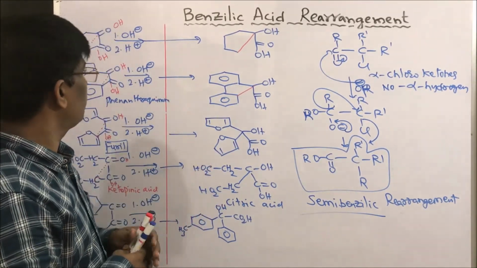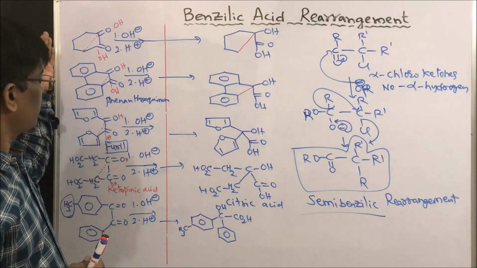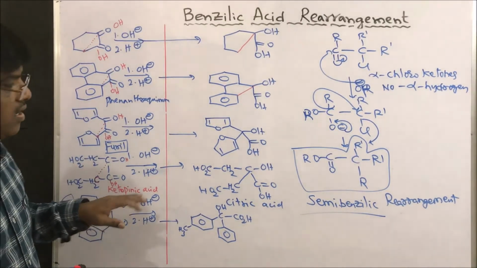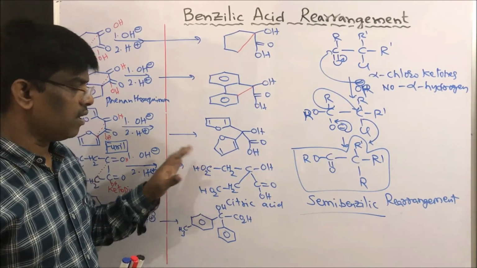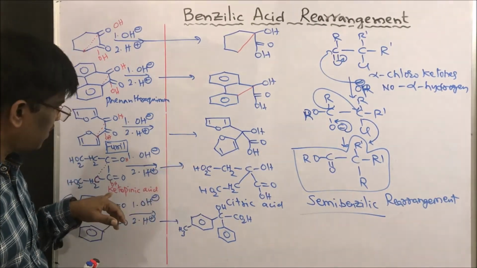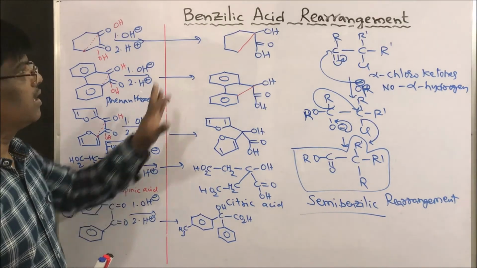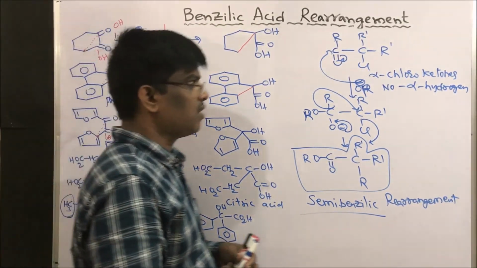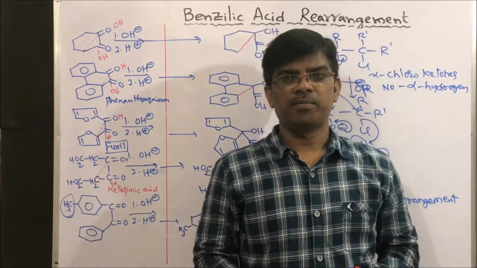So this is very important. I have given some examples: aromatic, aliphatic. So citric acid, you may get citric acid. How to make citric acid, this is one of the best examples to make based on the named reaction, benzilic acid rearrangement. So this is how the benzilic rearrangement takes place, students.